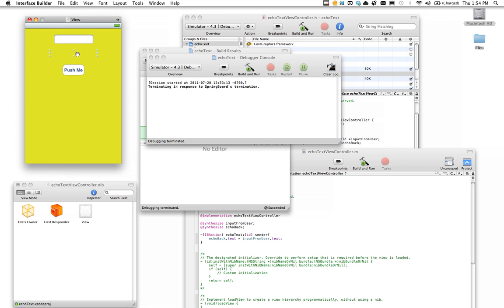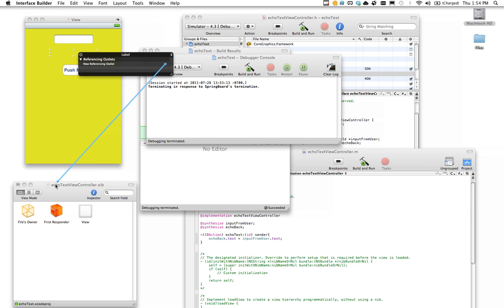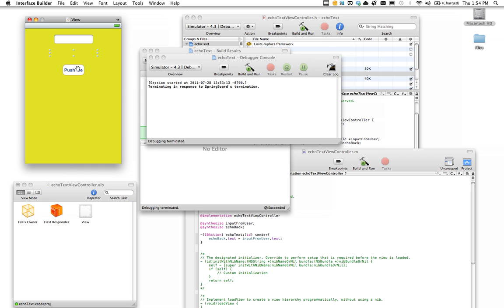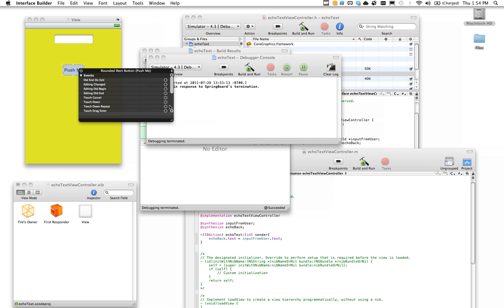You do the same thing for the label. Hold down the control key, click on it, and drag from the circle to the file's owner, and there's your echoBack. All right. And the last thing you want to do is to click on the button, hold down the control key, and now you want to connect this action, which is touch up inside, and drag it to your file's owner, and there's your echoText method that you have created. All right. So you have done all these connections,